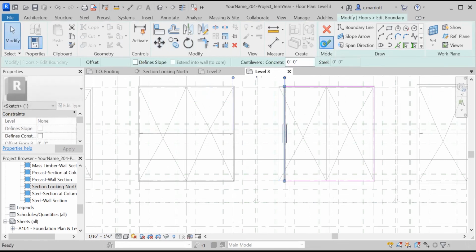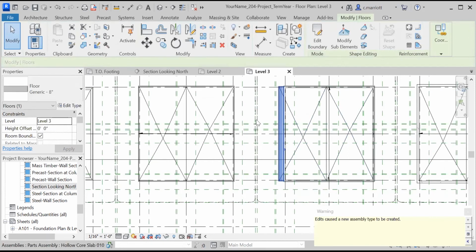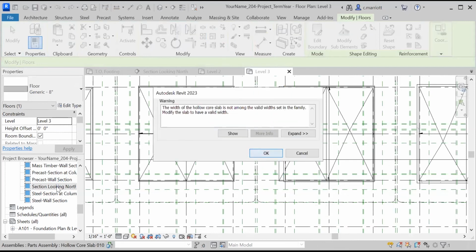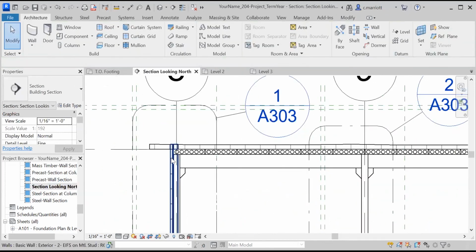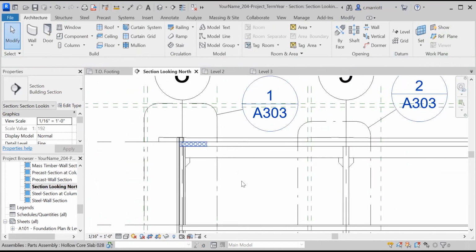Check mark. I'm going to say don't attach for now. Go back, say okay, go back to section looking north. And those are now in proper alignment, and I just need to fix the